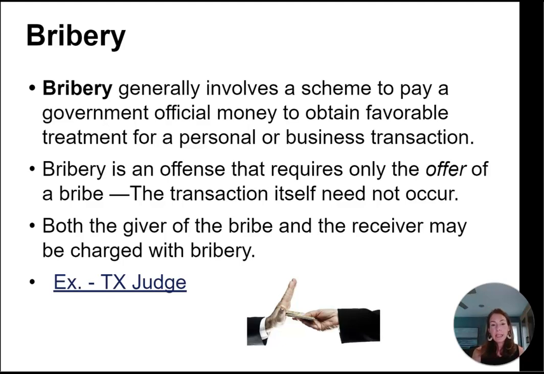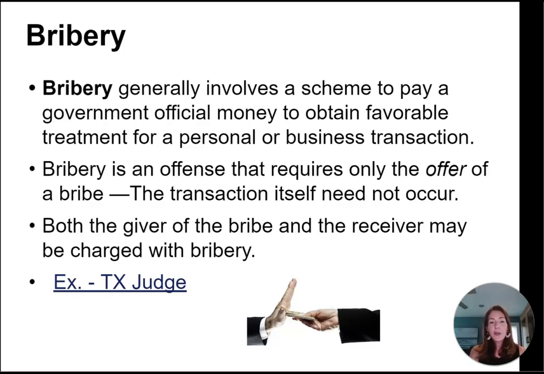Now, a simple example of what a bribe can look like. This does not rise to the level of criminal activity, but just to see what that may look like: let's say I go into a restaurant, and it is a busy, busy restaurant, and I didn't make a reservation, but I want to eat there. So I go up to the hostess. I say, I'd like a table for two. I take a $50 bill out of my purse. I slide it across the hostess stand to the hostess, and the hostess says, please follow me, and grabs 2 menus and takes me and whoever I am dining with that night to the